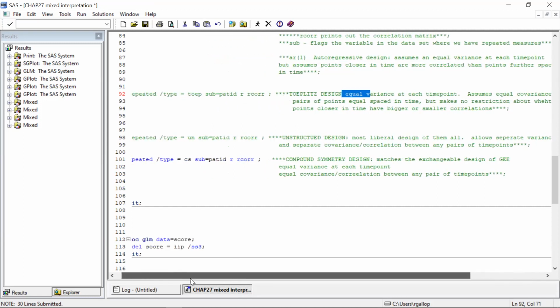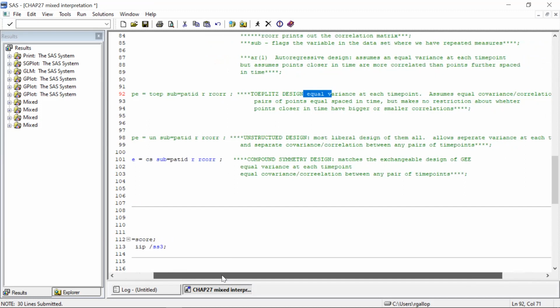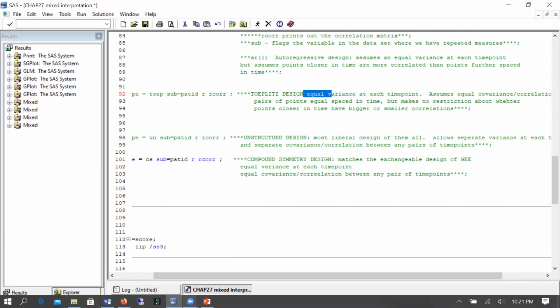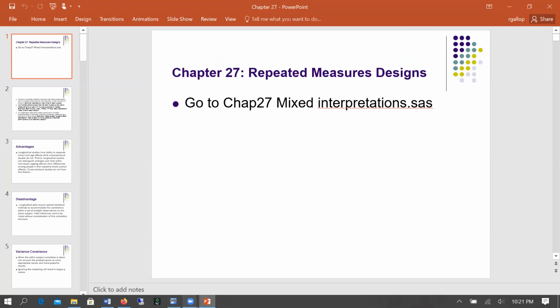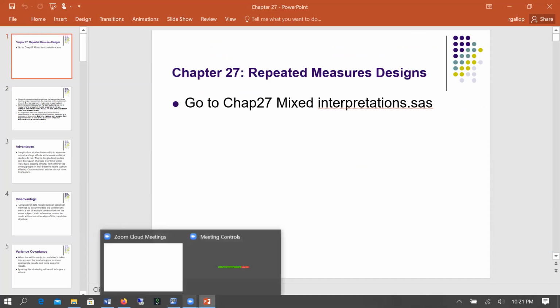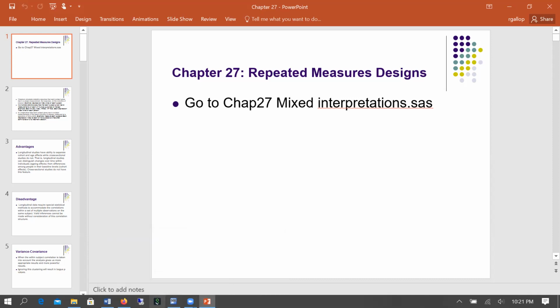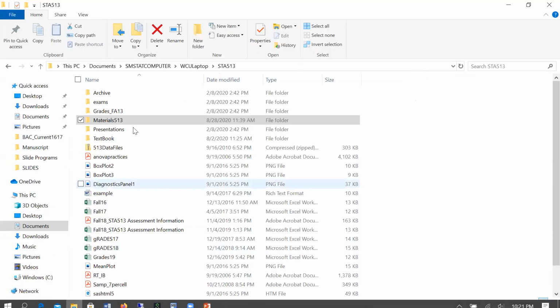Then the compound symmetry matches the exchangeable design of GE, if you guys have hit that yet, assumes equal variance at each time point and equal covariance correlation between any pairs of time points. So we just fit all of those models. So for us, we fit all those models, and still the question becomes, which is the better fitting model? And the one way we do that